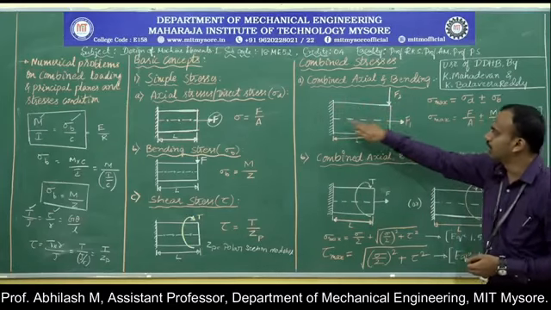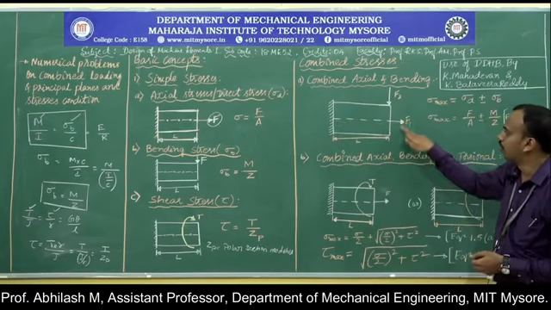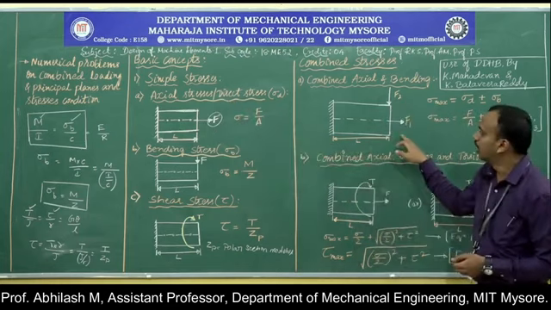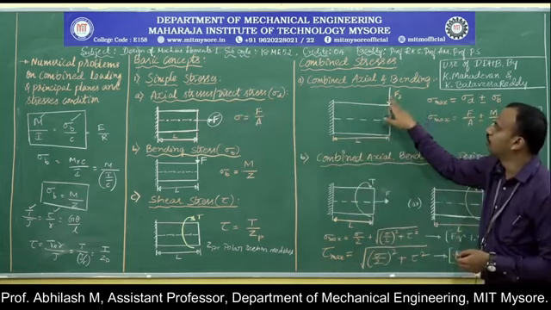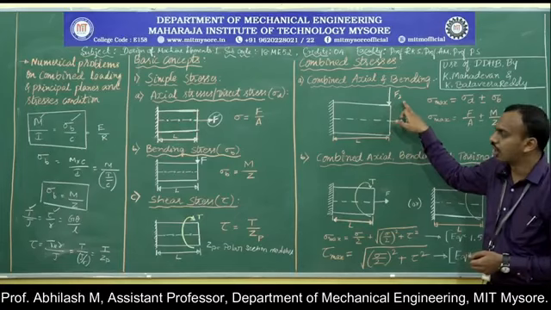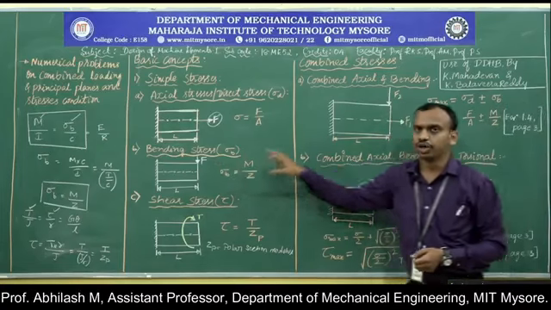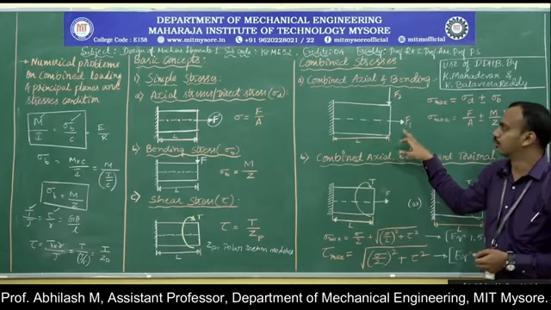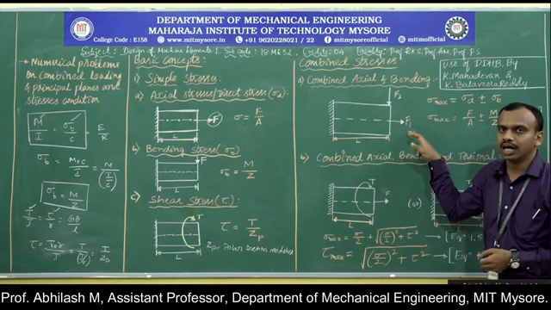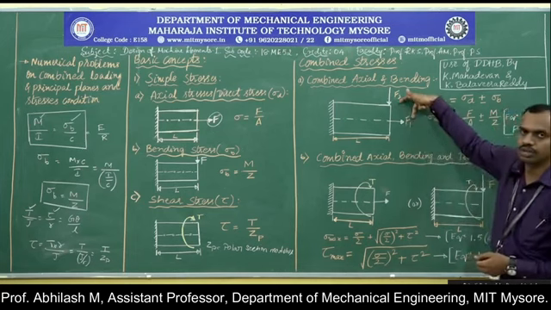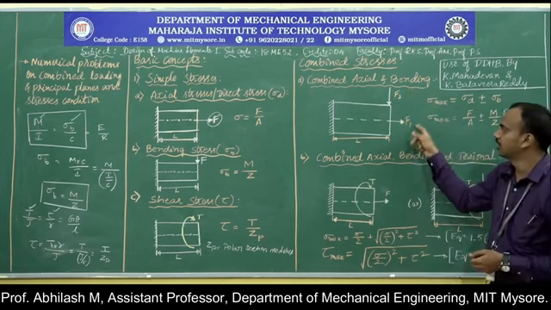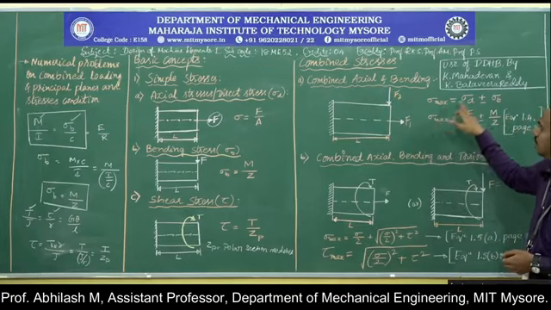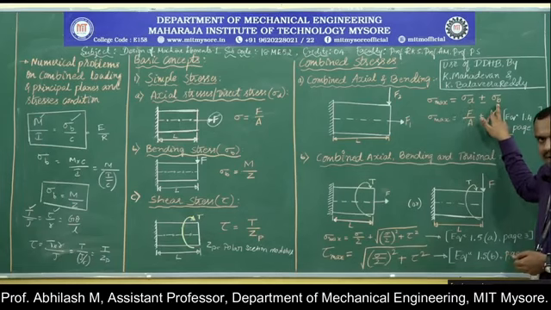On a machine component, along the axis, we have a load of F1, which gives us the axial stress or the direct stress, and a transverse load of F2 acting at the free end, which causes the bending stress. So in order to obtain the maximum stress under these circumstances, the maximum stress is given by the summation of these two: because of the axial stress and because of the bending stress. So sigma max will be equal to the direct stress plus the bending stress.